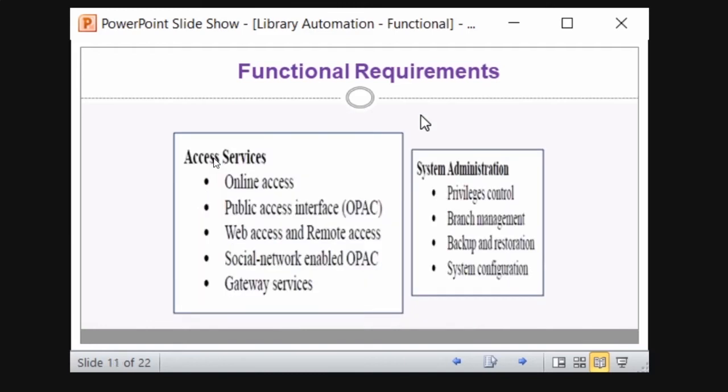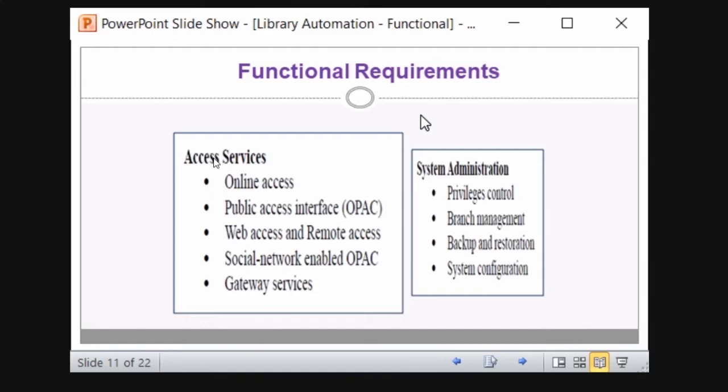And access services: we all know that it should be online, and the public access interface, OPAC and web OPAC. Remote access is nothing but web OPAC. Social network enabled access to OPAC. And if you develop a mobile app, as most libraries have developed for their institution, that software should be in compliance with the mobile app.